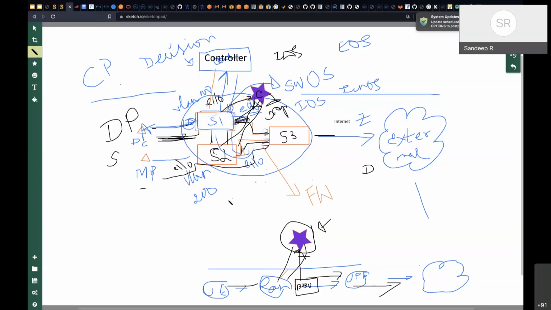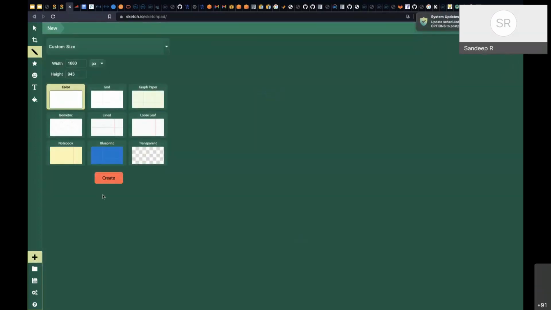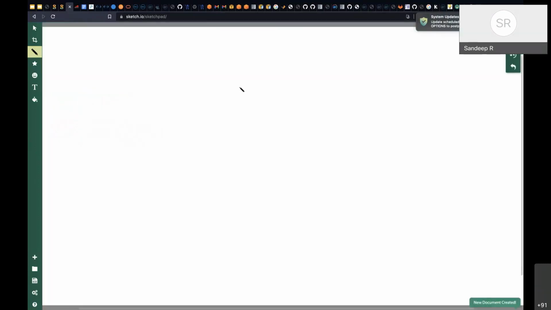In the demo that we are going to do here, we have Faucet. It has 3 or 4 parts. One is called Prometheus.